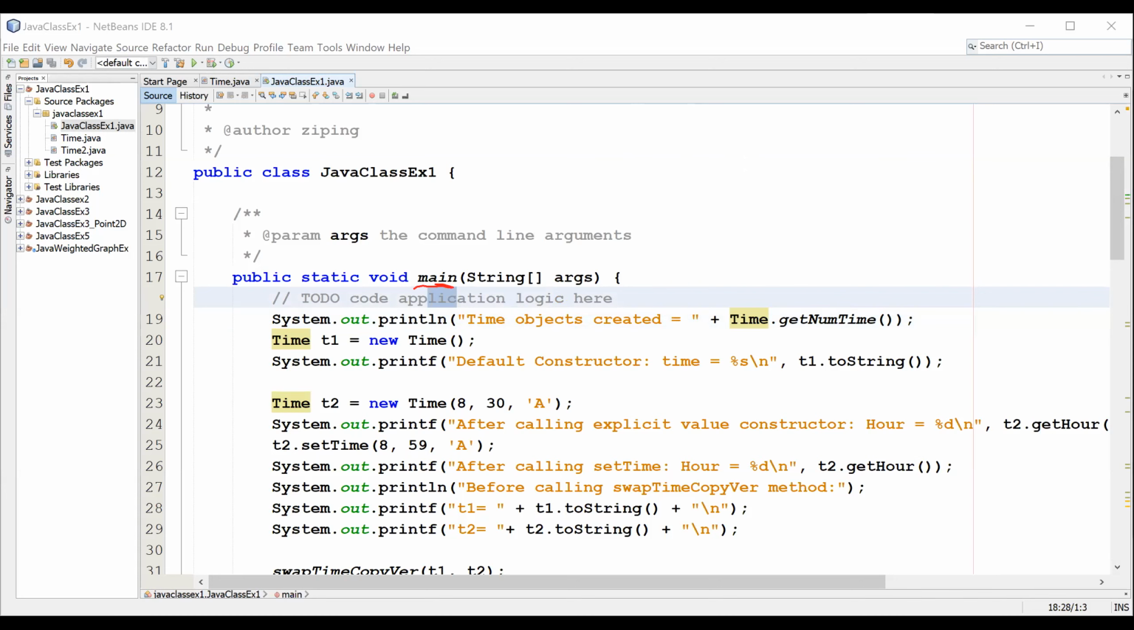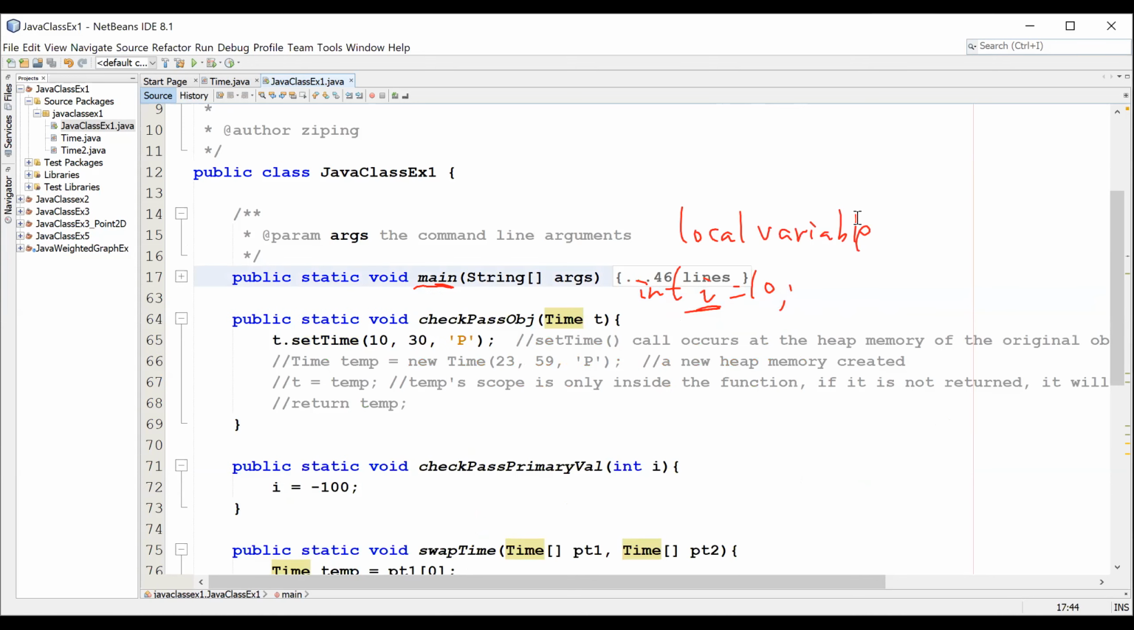Suppose in this main, I define integer i equals 10. Like I said, this i is a local variable in main. That makes sense? This int is local to whom? To main. And in my other function, if I want to do system.print